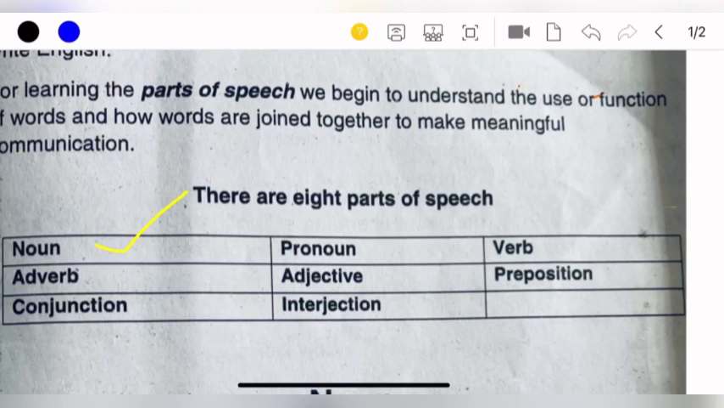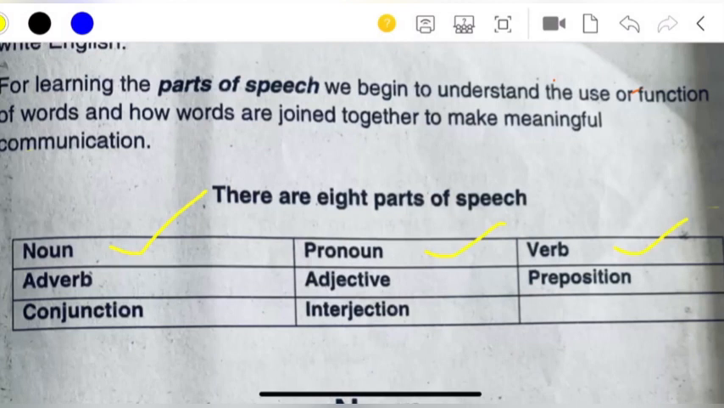First one is noun, second one is pronoun, and so on. Third one is verb. Adverb, adjective, and then preposition, and then conjunction and interjection. We will go through them one by one in detail, but briefly I want to mention here that nouns are actually the name of a person, name of a place or thing, and pronoun, as you may know, replaces